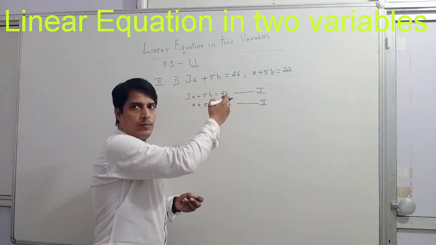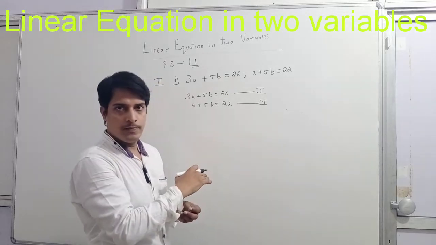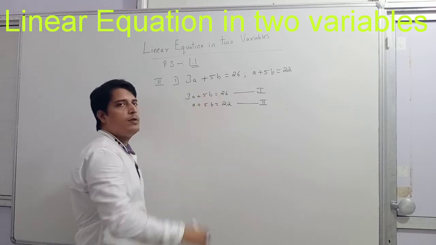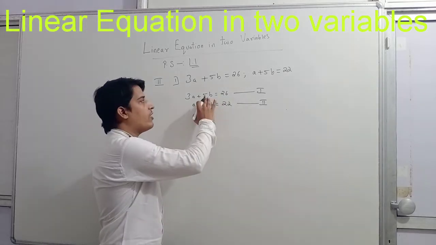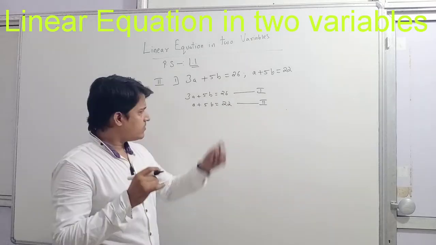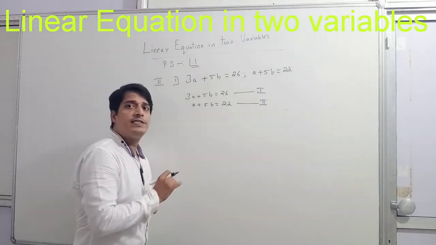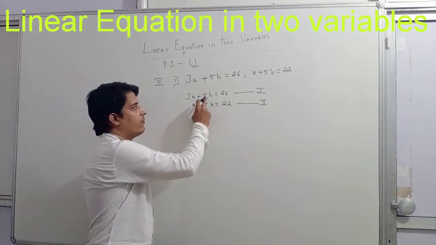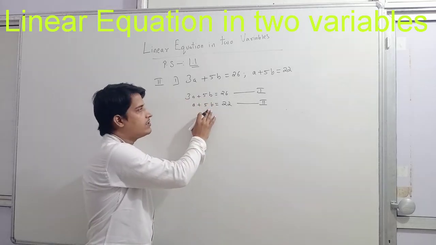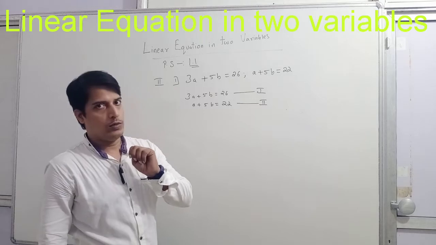If it is common, then the sum is a little simpler. If it is not common, for the sums we are having ahead, I will teach you how to handle them. But we are doing the first sum wherein one variable is common. We are having 5b over here, we are having 5b over here. In such a situation, once we are confirmed with the common variable, we will see the signs they are having. 5b is having a positive sign over here, we are having plus 5b, and in the second equation we are having 5b which is again positive. So remember the rule.